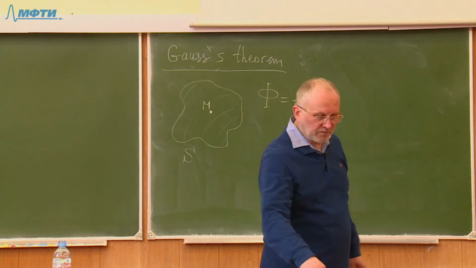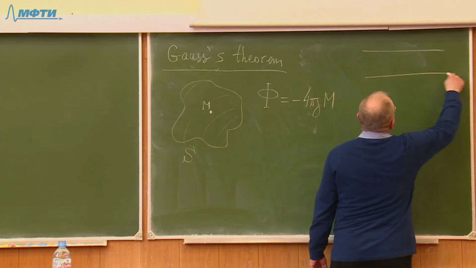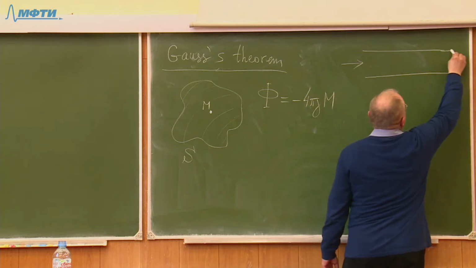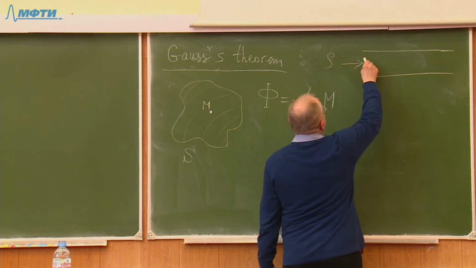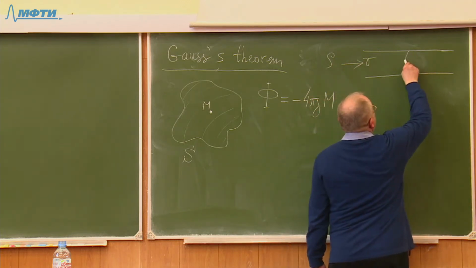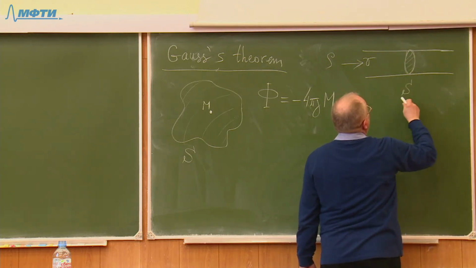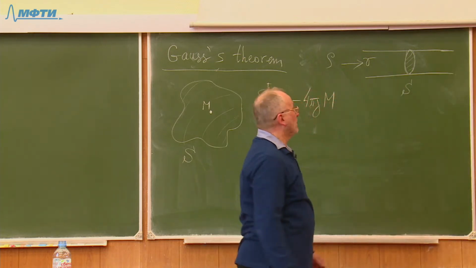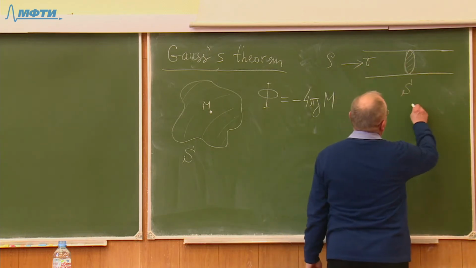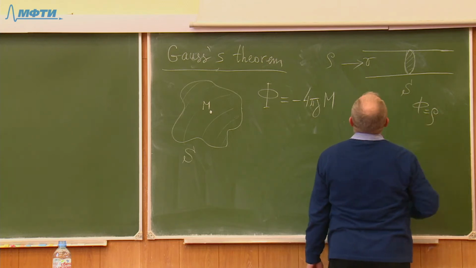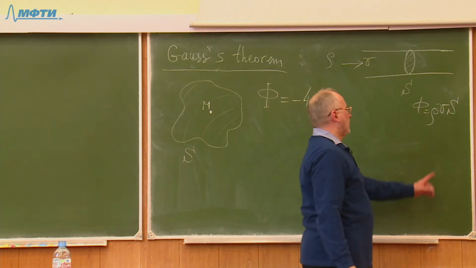The quantity of flux was introduced to physics when people considered the flow of liquid through the pipe. So this is the pipe, and the liquid flows here, and the liquid has some density and it has some velocity. And if we have a cross-section area of this pipe, then it's easy to calculate the flux of the liquid through this cross-section area. The flux of liquid will be the density of liquid times the velocity times the area. And it gives you